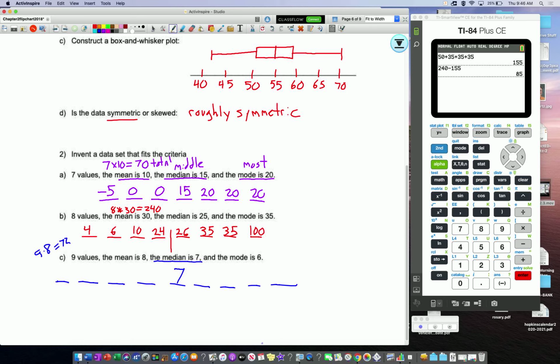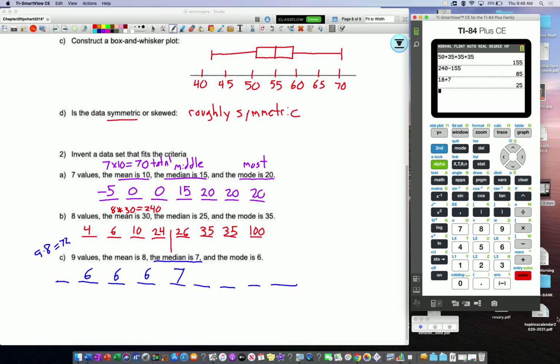And the mode is 6. Okay, so need to be kind of careful here. So I do need some 6s. So I might go 6, 6, and 6. Leave that one blank. So I'm going to start to see what I have right now. So 3 6s make 18. 3 times 6 is 18 plus 7 is